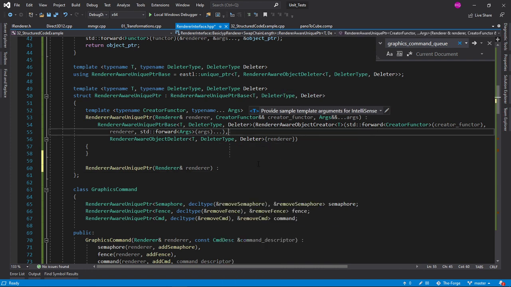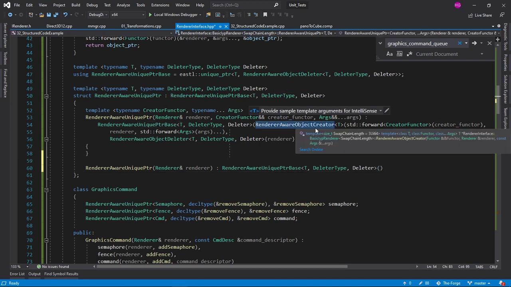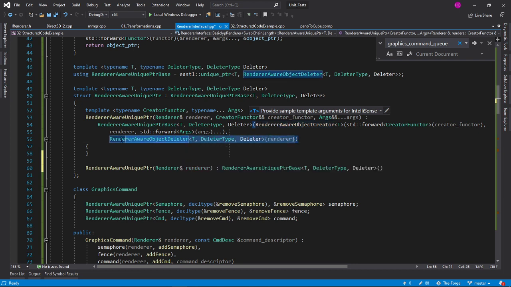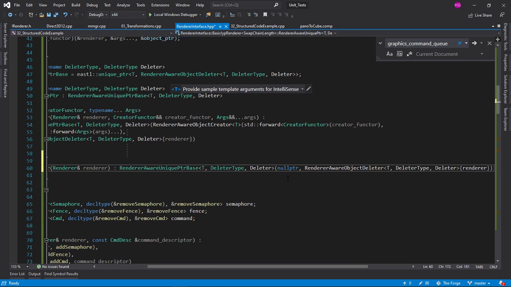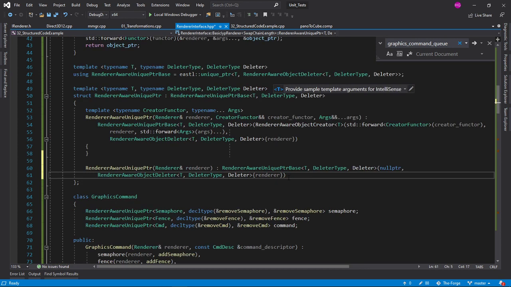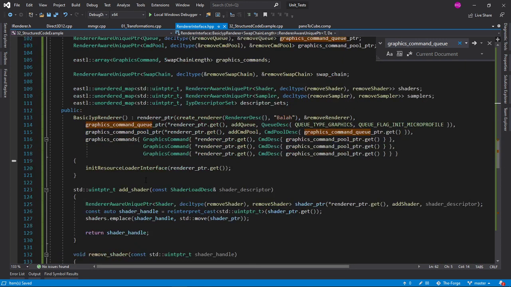But the current constructor has to create an object, so you can see that it is actually creating an object here. However, I don't want to create an object sometimes, for example now, so I'm going to initialize it with nullptr. Nullptr, and that is my deleter. This should be just fine. Alright, and I'm going to